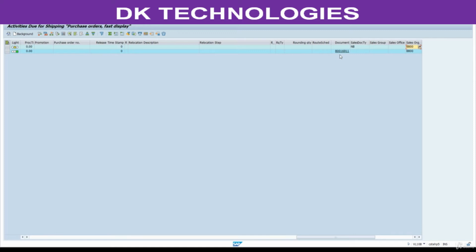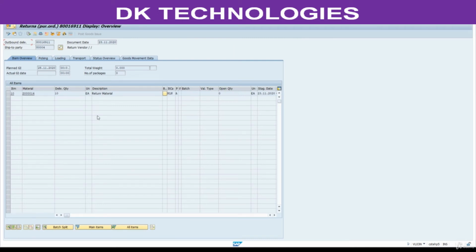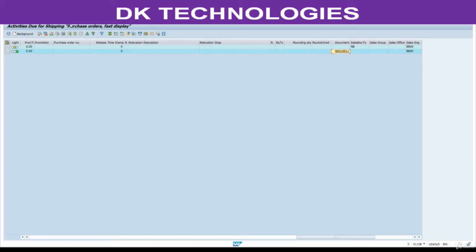See, this is the document number. This is the outbound delivery document number. If you click on this one, see, this is the outbound delivery. From here, we are going to issue the stock against this outbound delivery. Go back. If you don't know your outbound delivery, even you can get it from here. If you double click on this purchase order,